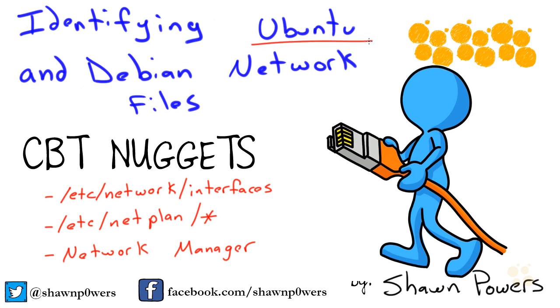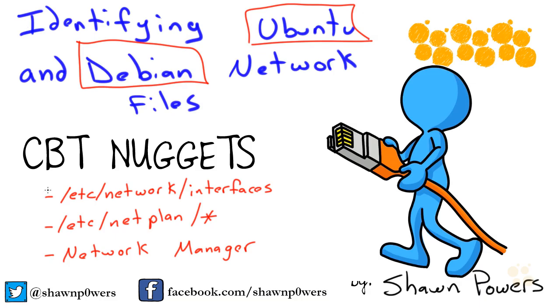Ubuntu is one of the most common distributions out there, but it's based on and built upon Debian. So when we look at configuring one, it's very similar to configuring the other. And that's the case with network files. Now, I want to show you where to find the different network files on an Ubuntu or Debian system, but